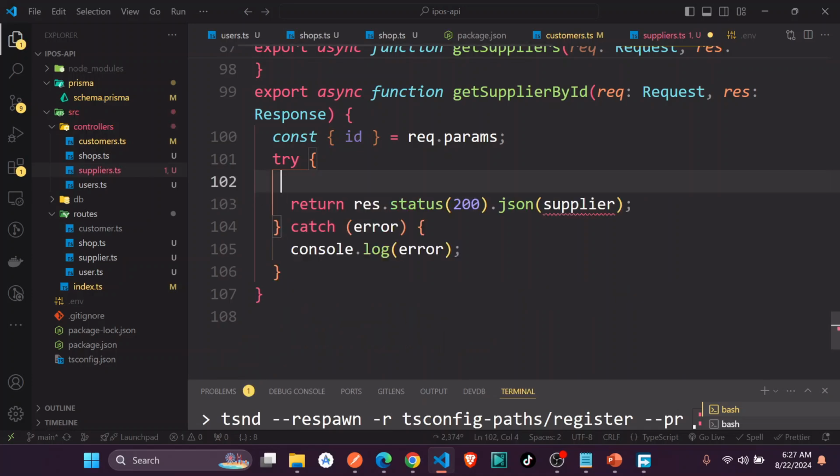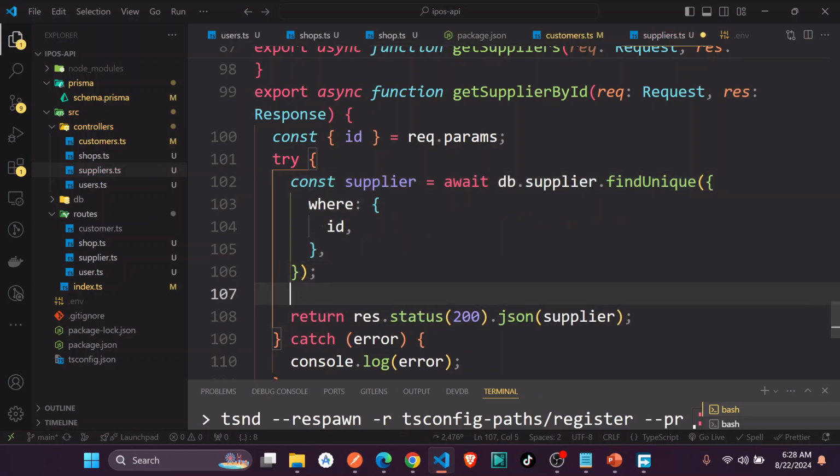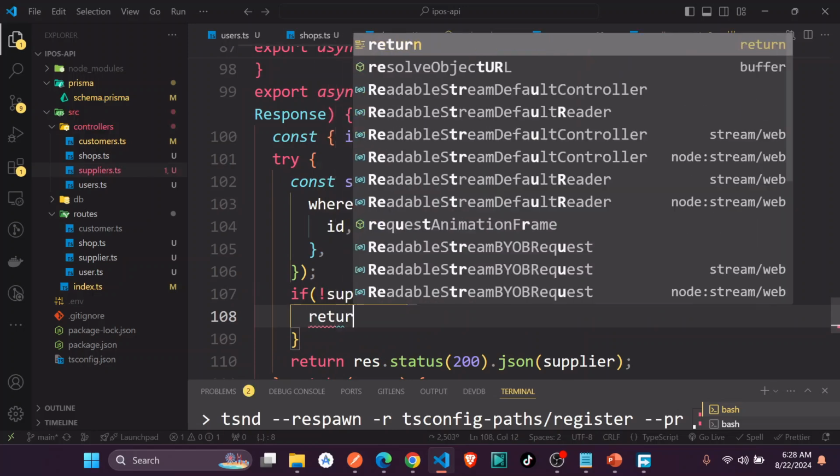It's always good to first actually find if this exists. So you can just say on supplier, and if this supplier does not exist, if no such supplier, okay, then we have also to give the response. So you can just say return